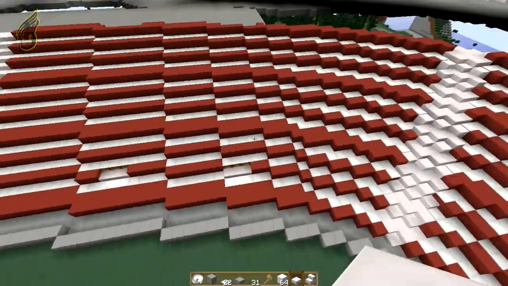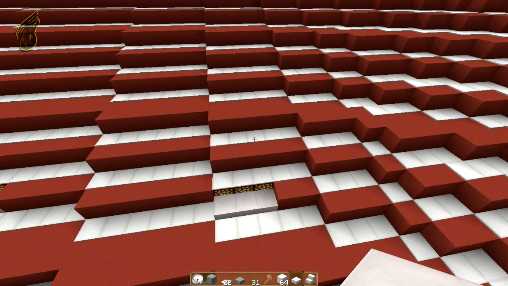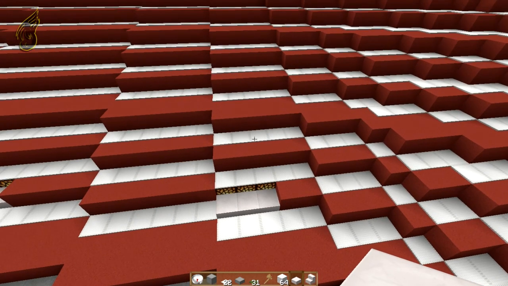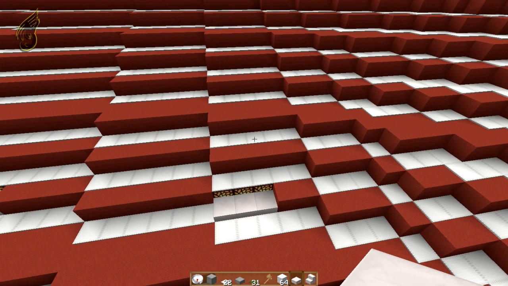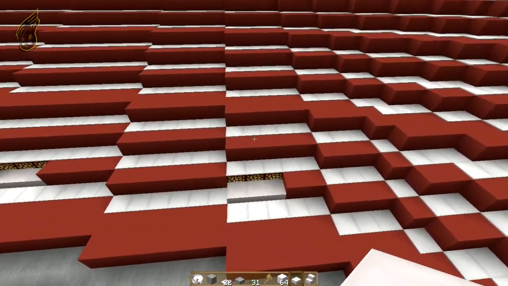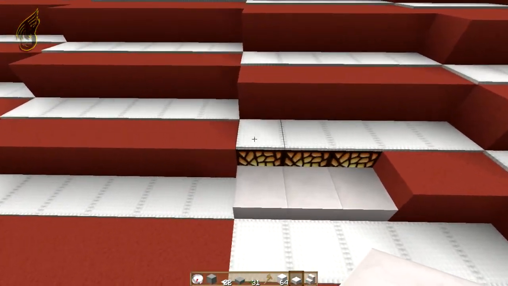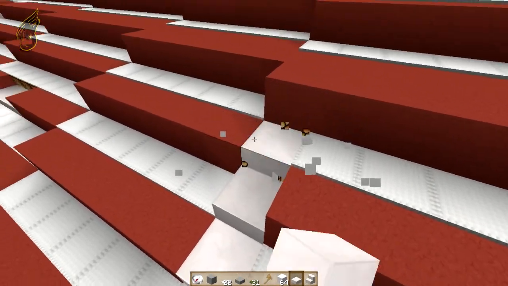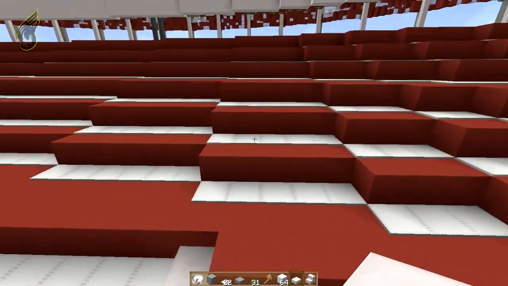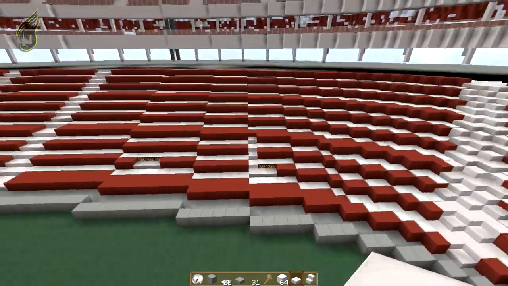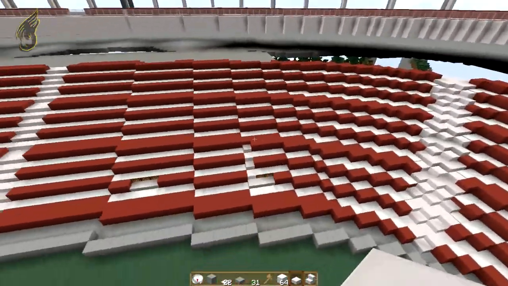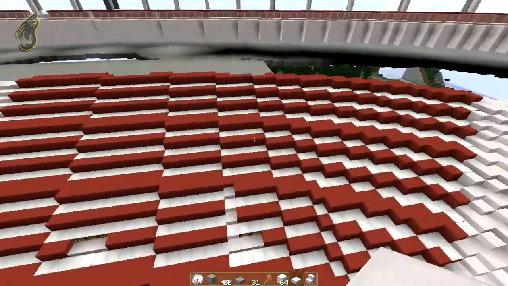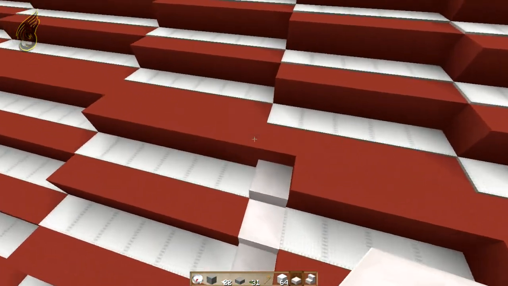So now what you want to do, when making the stairs in the corner of the seating, is try and make an outline. So for example, just to start making an outline, just do this. And you want to try imagine how the curve is going to be, how much you want it to curve, or how much you want it to slant over. So I'm probably going to go